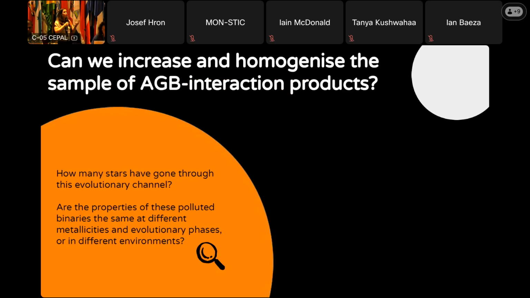Because only like that we are going to be able to answer statistical questions like how many red giants are barium stars. I'm sure that some people in this room have a 1% number in their head, and I dare you to find the reference where that is written, because we say that 1% of red giants are barium stars, but it's not easy to find where that comes from. So that's the number I was hunting for, trying to find a more homogeneous sample of these targets.